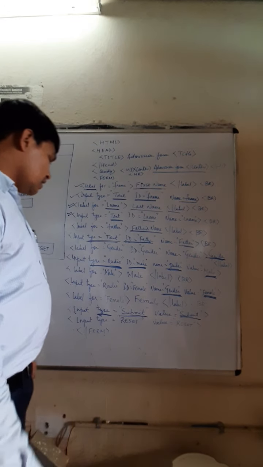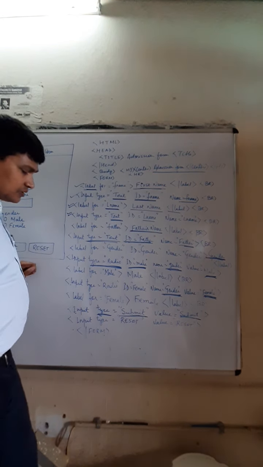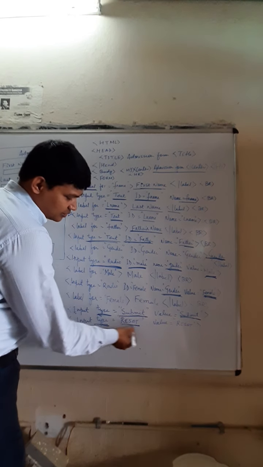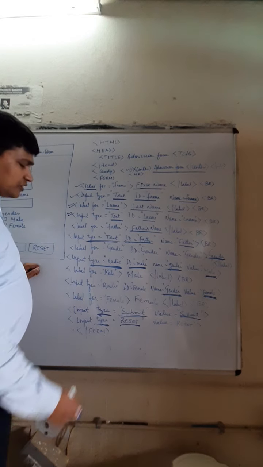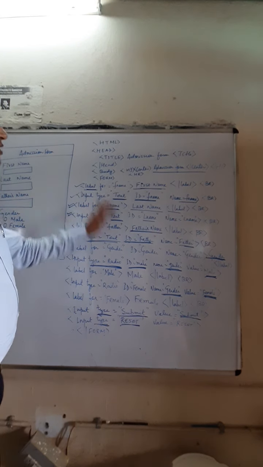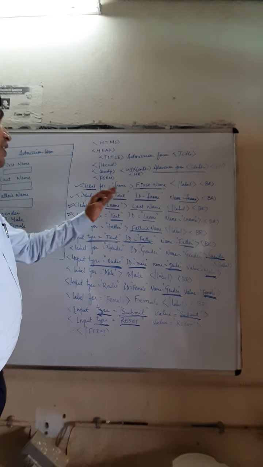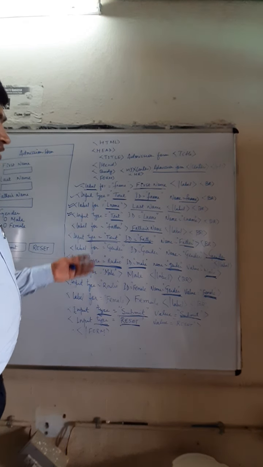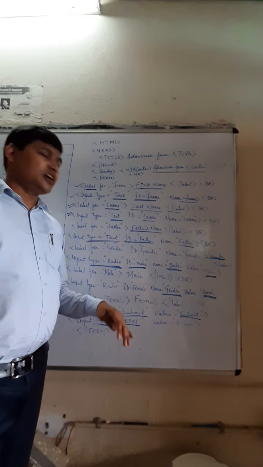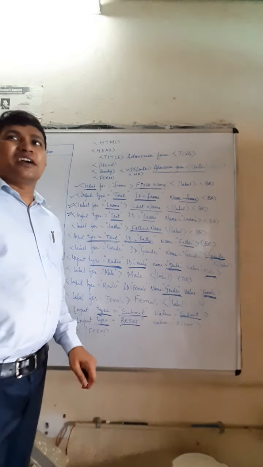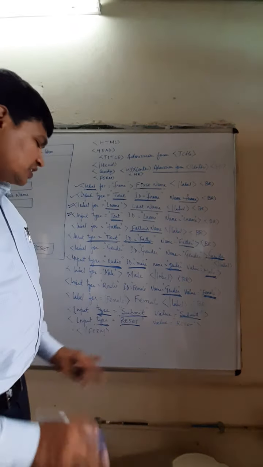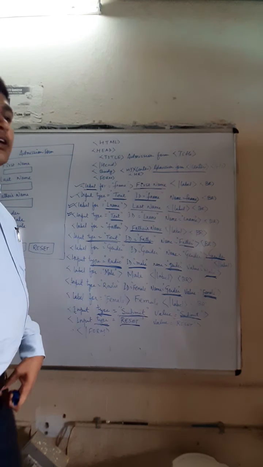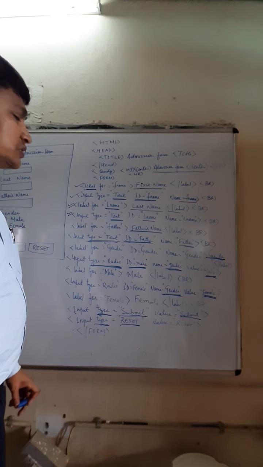In the same way, to define the reset type, input type equal to reset. Reset means whenever the user clicks on the reset button, whatever is written in the father name text box, first name text box, last name text box, and whether male or female is selected, is totally cleared. The information is erased and the values are reset. Now the new values are to be taken from the user side.